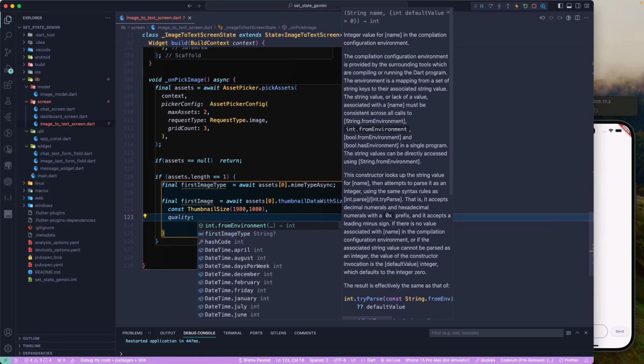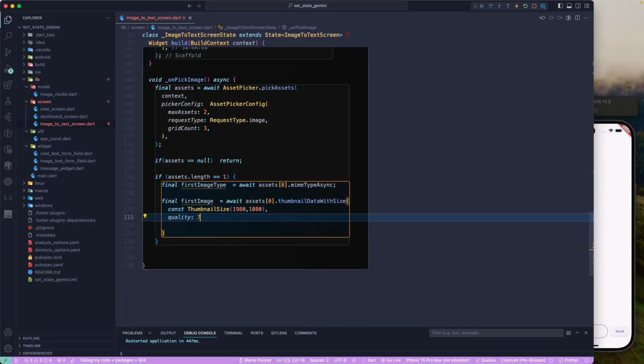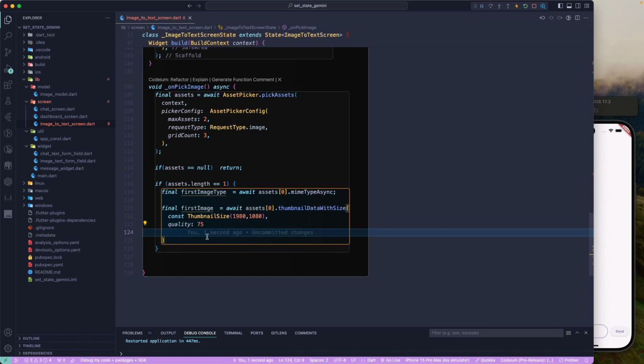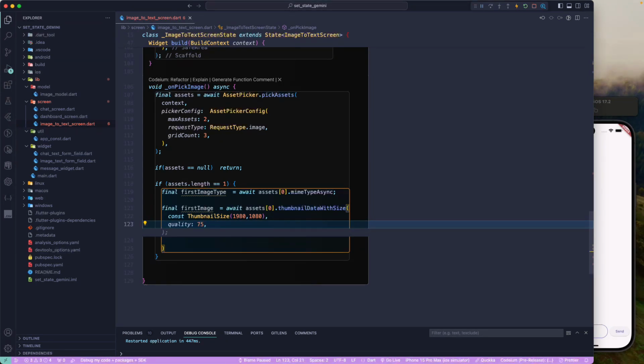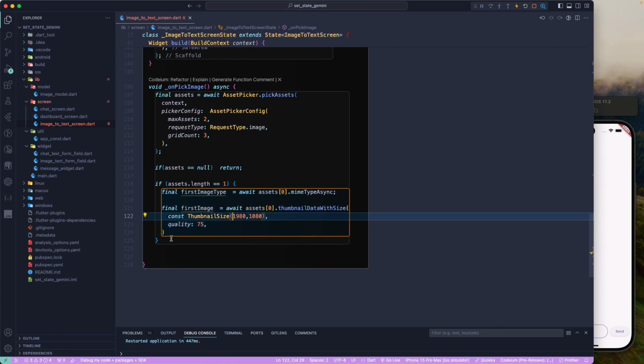Let's just pass in the quality of this one, and I'll just go and pass the quality as 50 or something, so maybe 75, and it should reduce our image size, and this will compress our actual image over here. We are reducing the size, and then we are actually going to set the quality of the 75. So you can just play around with this configuration, because if the image is too large,